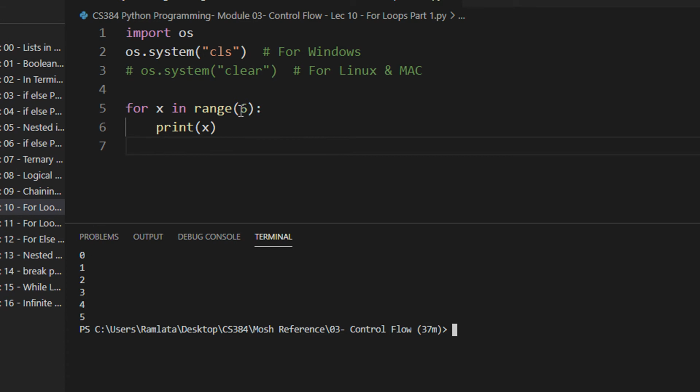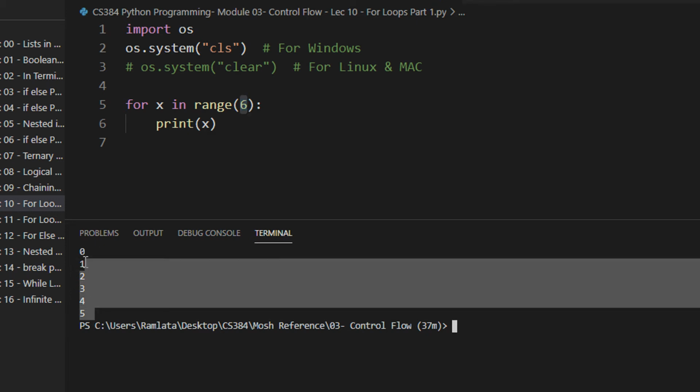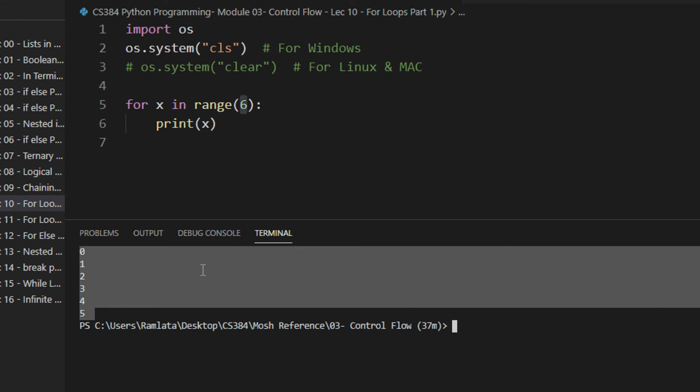So what does range basically do? Range of 6 basically means I am starting from 0, right? And I'm going up till 6, but not including 6. The way to remember the range function is, whatever number is here, that means you have to process that many numbers. So in the output 0, 1, 2, 3, 4, 5, in all there are 6 elements, which is the same as this 6 here. But since the counting begins from 0, the elements go from 0 to 5.